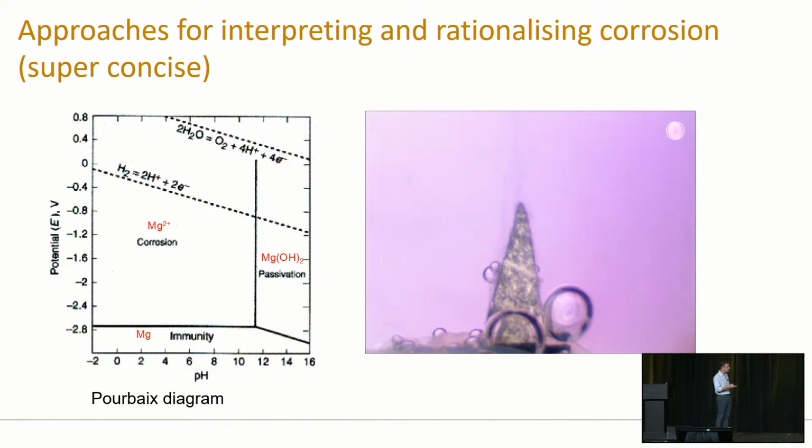Now, the one I'm showing here is for magnesium, because in real time, you can see corrosion. So this is just in water, right? Neutral pH, nothing special. You can see it dissolving, and hydrogen is evolving as the cathodic reaction, and you get corrosion. So that's a manifestation there. I'm not going to show you a video of passivation. This is my one joke for the evening, because you'd see nothing, right? If you had a video of passivation, it's just not doing anything.